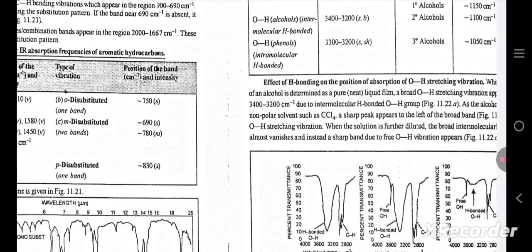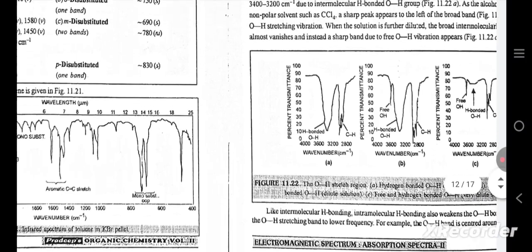As the alcohol is dissolved in a non-polar solvent such as CCl4, a sharp peak appears to the left of the broad band OH stretching vibration. When the solution is further diluted, the broad intermolecular band almost vanishes and instead a sharp band due to the free OH vibration appears. Look at this figure